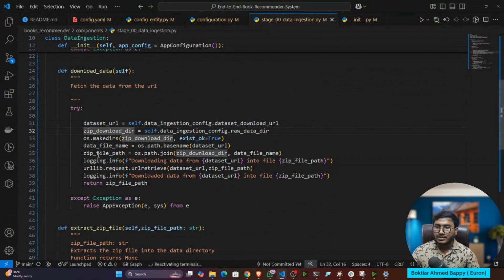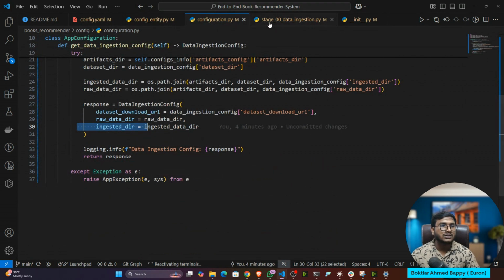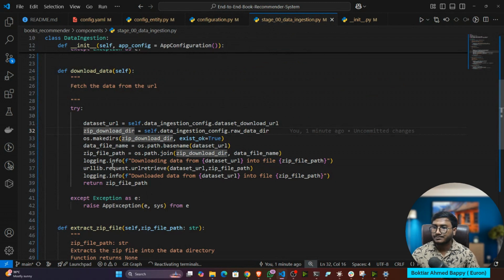This is called modular approach, guys. We are not hard coding the folders and files. Instead of that, we are writing in the config.yaml file. Then we are making a configuration. From the configuration itself, we are reading it one by one. I hope you are getting the flow. Yes or no? It's a step-by-step flow. And we are doing all the configuration management all together, and we're using it in the component.